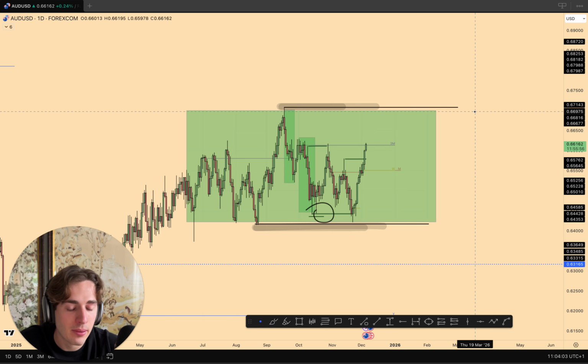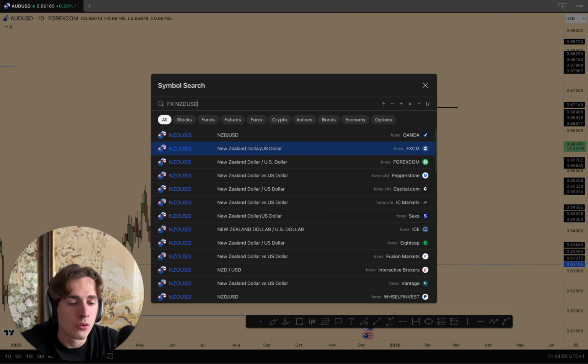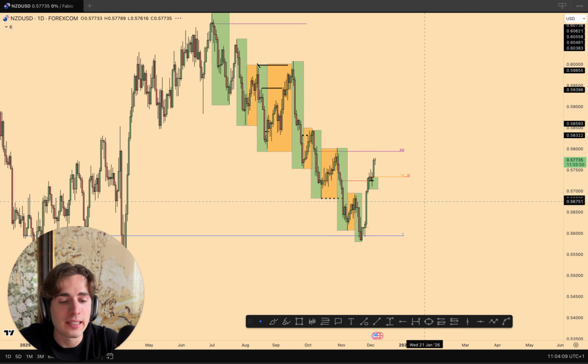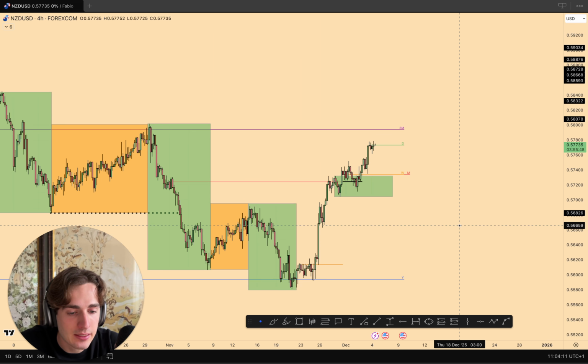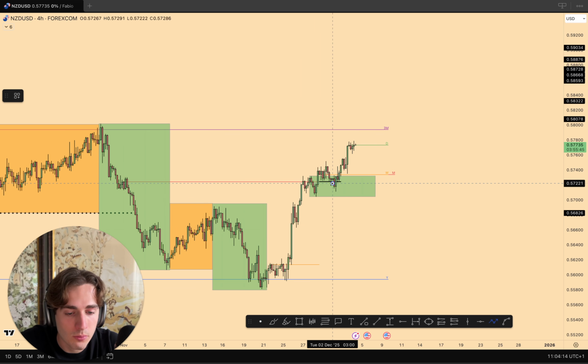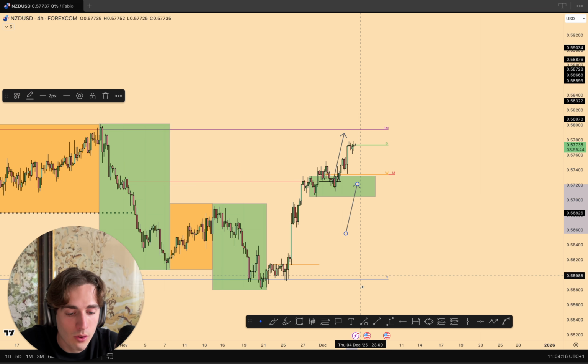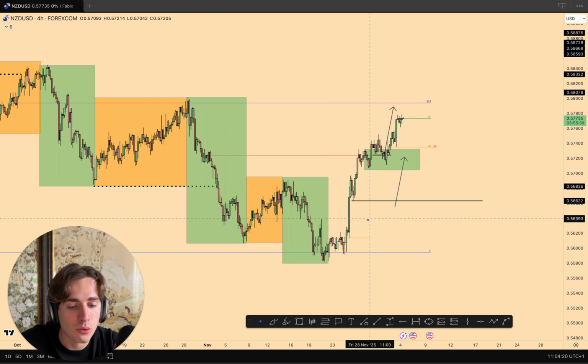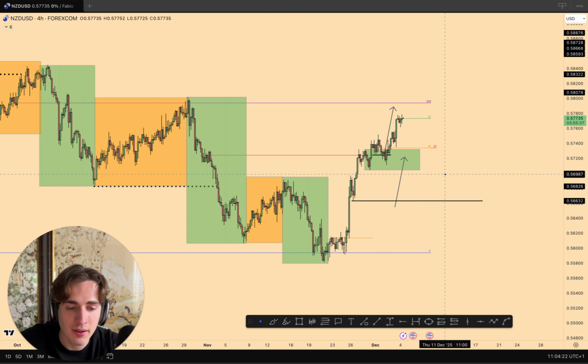That could be definitely a play there on AUDUSD. Not looking for any shorts on that. NZDUSD also looking for more longs. Obviously, the long that we called has played out yesterday. I called that there were longs potentially from this demand over here or from the overall liquidity low over here. Again, if you want more context, join the Discord, guys, because I've been sharing everything on